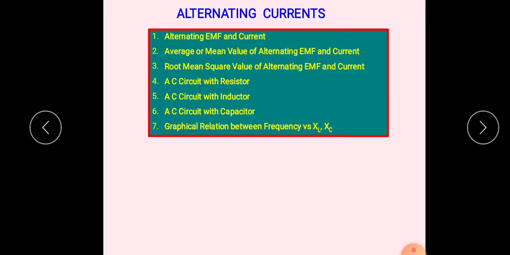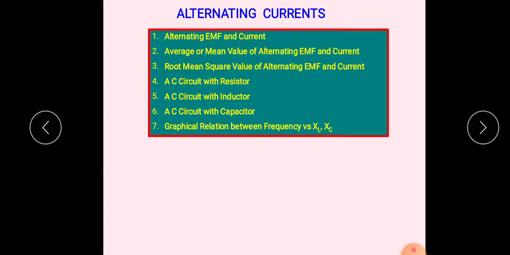Good morning, students. Today we will start a new chapter, alternating currents. This chapter is divided into two lectures, and in the first lecture we will cover these topics: